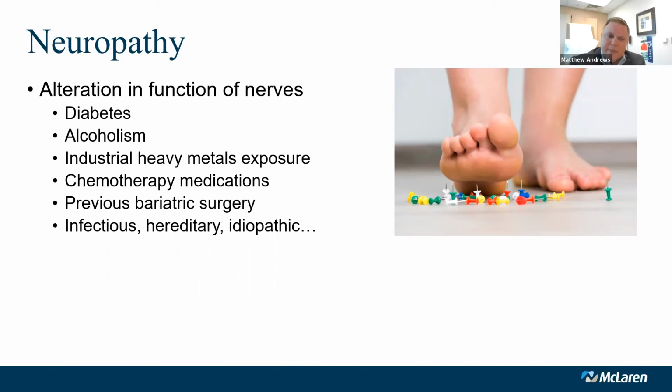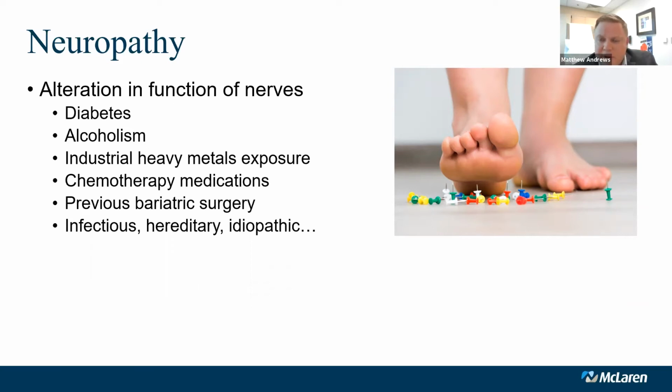In the developing world, leprosy is still a common cause of neuropathy, as is syphilis. This can be hereditary. It can be related to genetic conditions. And I also throw this term in here, idiopathic. That basically means there's neuropathy of unspecified or unknown cause. I'm not a categorical believer in idiopathic neuropathy. I think there's always a cause. Sometimes it's a genetic issue, and sometimes these things are really due to other underlying undiagnosed conditions. And oftentimes that's a bit of a clinical challenge for us as providers to try to figure out what's the actual cause of this. Regardless of the cause, we have a number of different treatment things at our disposal.